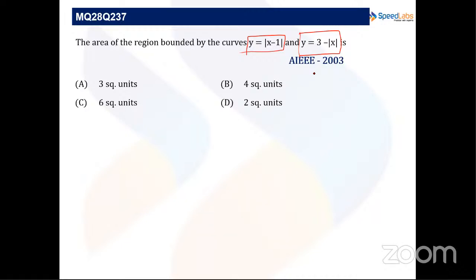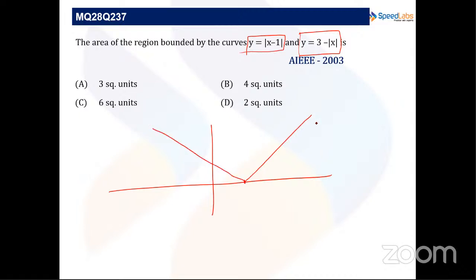So what we can do here is we can plot these curves. So y equals to mod x minus 1 is this line, and y equals to mod x minus 1, we can write it as x minus 1 for x greater than or equal to 1, and minus x plus 1 for x less than 1, and y equals to 3 minus mod x, you can write as 3 minus x for x greater than or equal to 0 and 3 plus x for x less than 0. So for this, x equals to 0,